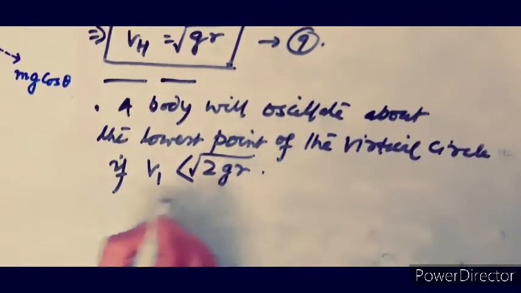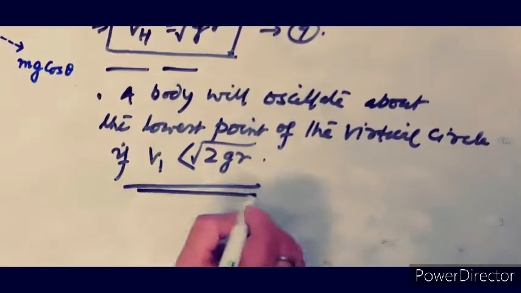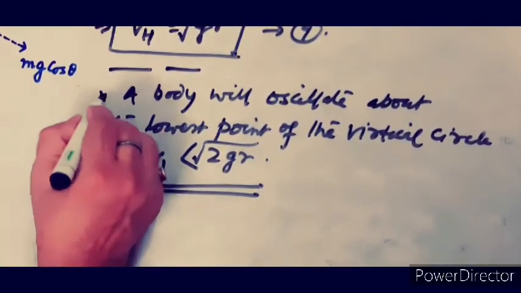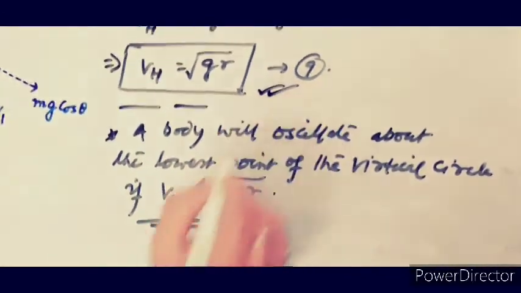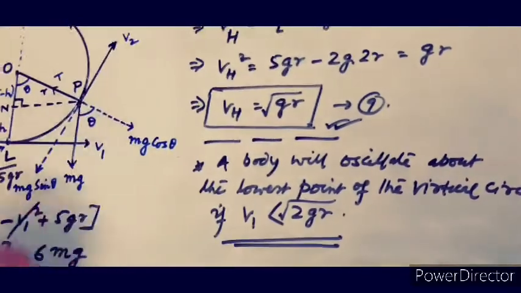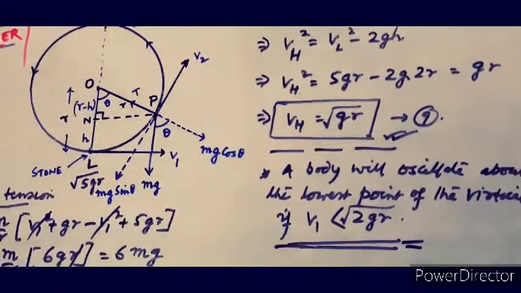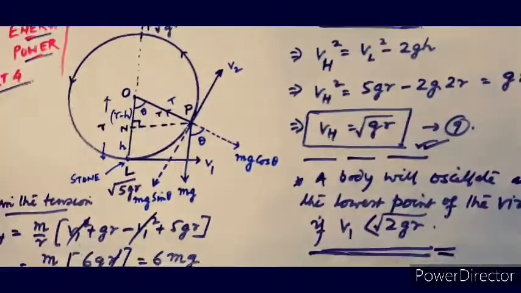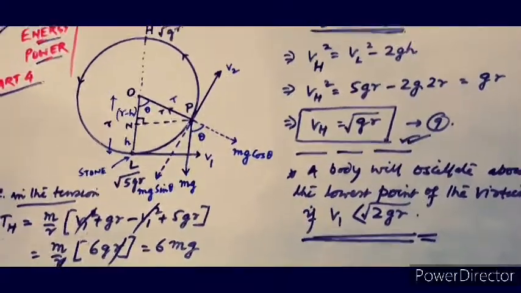Now usually it is not being asked, but you can easily find out by putting in different values. Not compulsory, but up to here, that's the important part. Usually the question is asked up to here, at the highest point or lowest point, right? This is the vertical circular motion. Its application you can apply in the numerical and conceptual questions also. Okay, thank you.